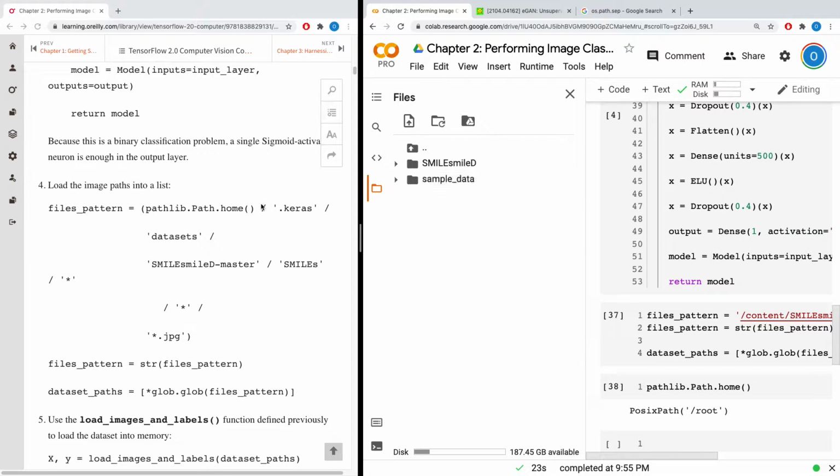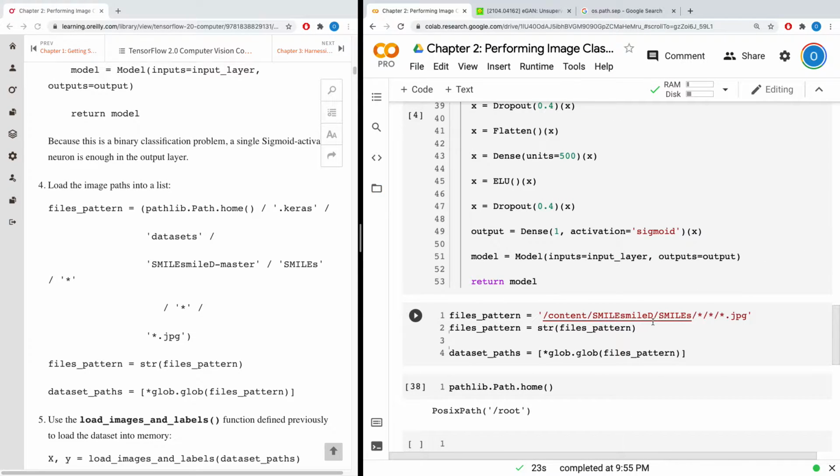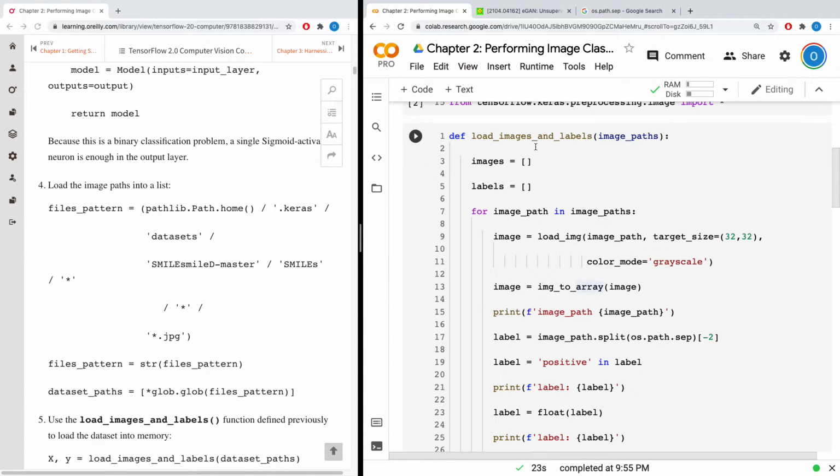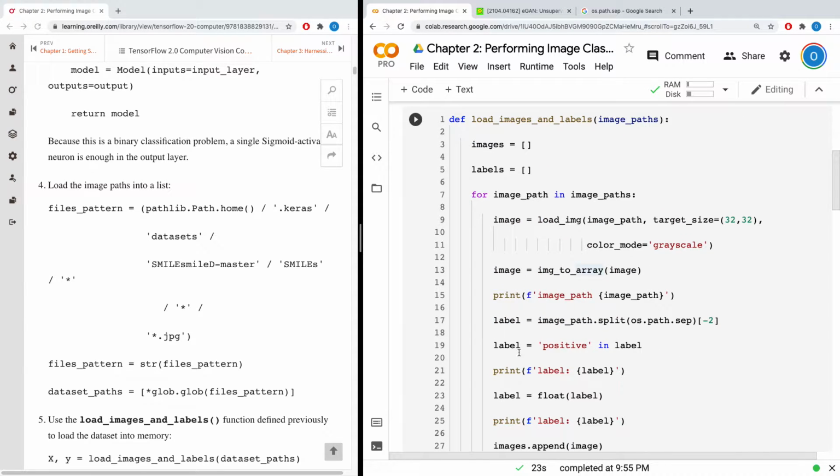So I removed this and started with the smile dataset, and as you can see in here, I have this, then I have this. The rest is just the same, asterisk, then asterisk.jpg. Then this is something I wanted us to see in the image loading. This one actually picks the second to the last